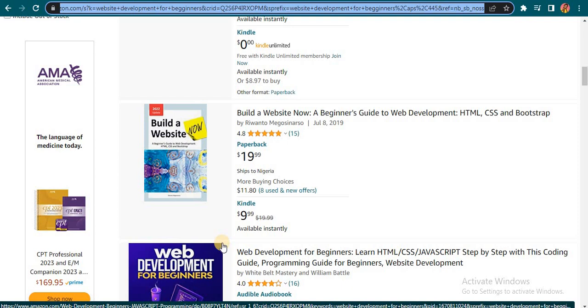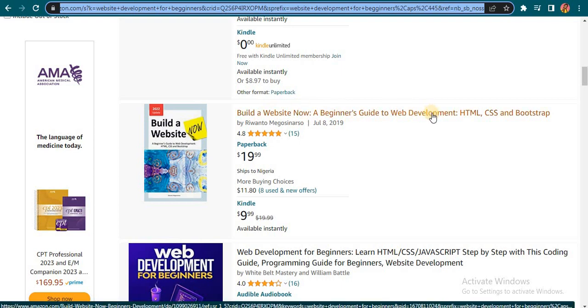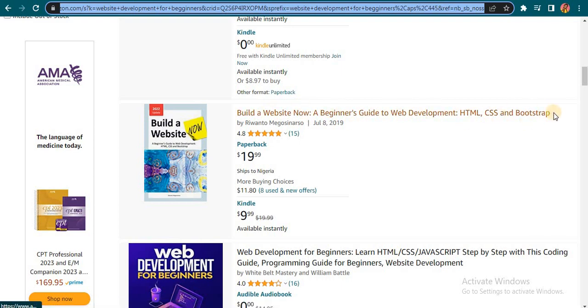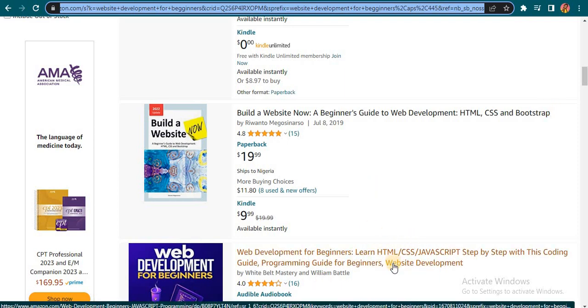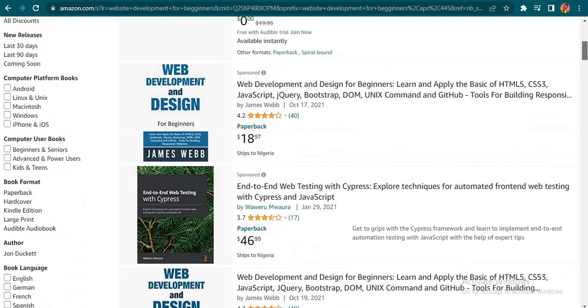For example, their title. Most people don't know how to come up with a good title for their book. Like this book you're seeing on my screen right now, which says website, build a website now, a beginner's guide to website development, HTML, CSS, and Bootstrap. Most people don't know how to come up with content or titles like this, so they are willing to pay people who have an idea on how to come up with titles, how to come up with categories, keyword search, and